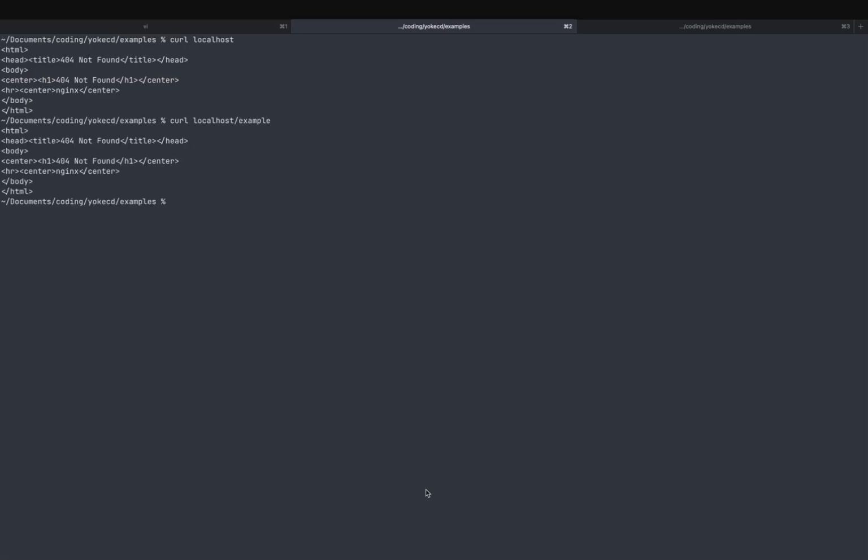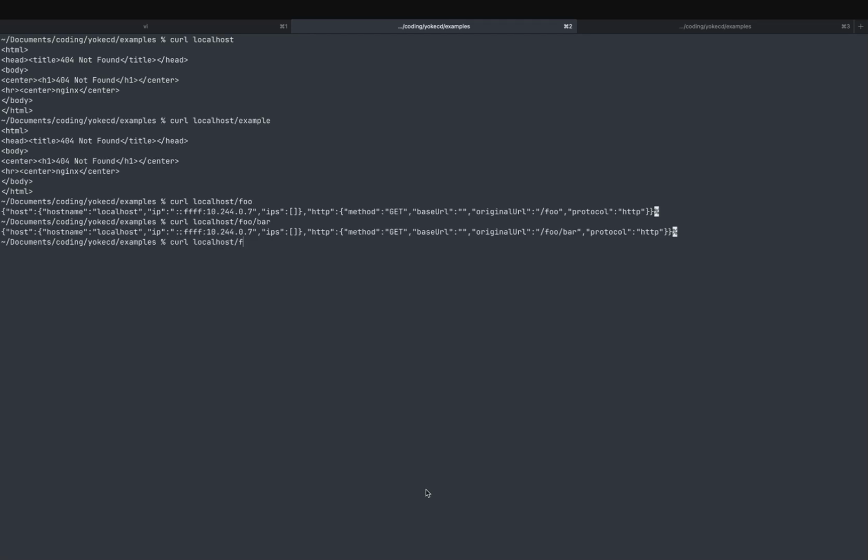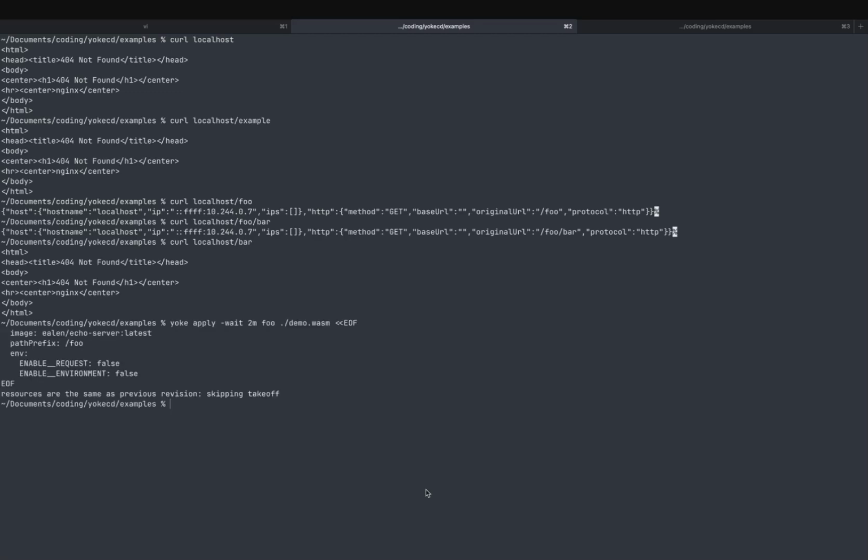Next, if we say curl localhost, we still get that 404. If we say curl localhost example, we still get that 404. But now if we call foo, we reach our echo server. So we got foo, we can get foo bar. If we go for bar, that doesn't work. If we wanted to do bar, we could